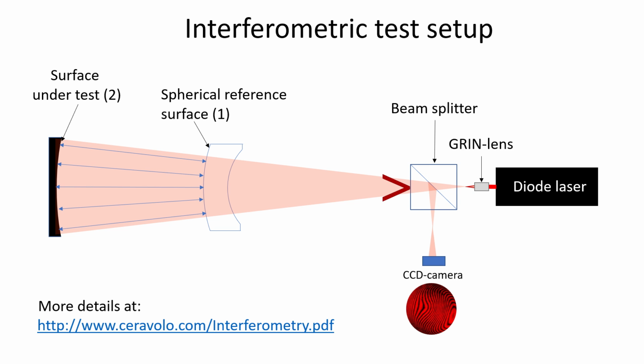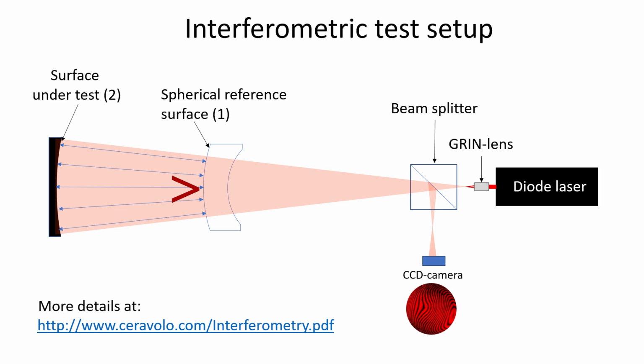The light then passes through a beam splitter and a reference element, and this reference element contains one very accurate spherical surface. This surface reflects about 4% of the light back into the interferometer and is reflected by the beam splitter to the CCD. Now, the light passing the reference element continues to the uncoated concave mirror, which also reflects about 4% back to the CCD. So what we observe is optical interference between these two surfaces. And this allows us to measure deviations of the spherical shape in the mirror surface by evaluating the fringe patterns.